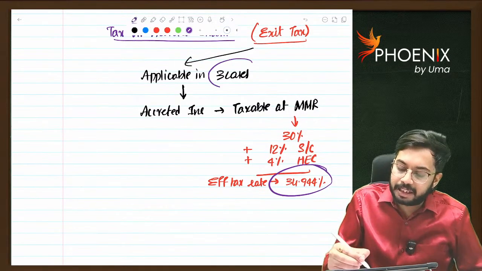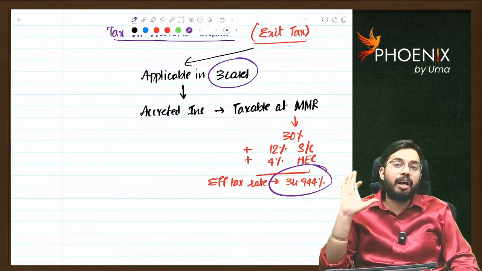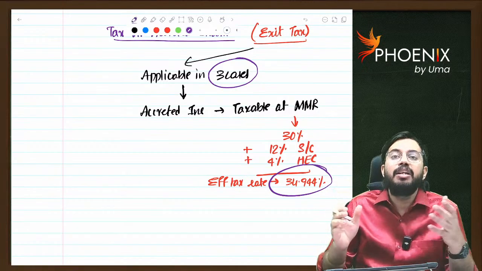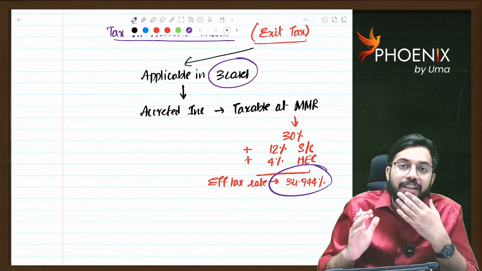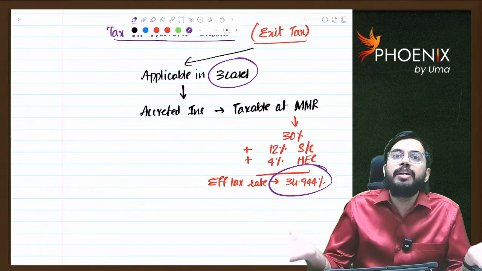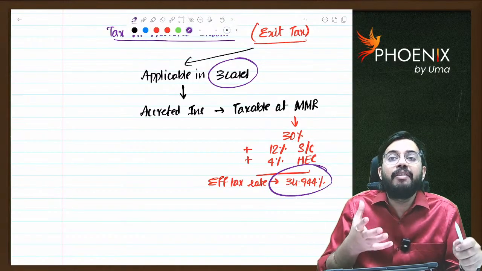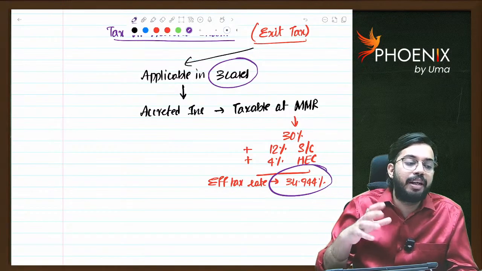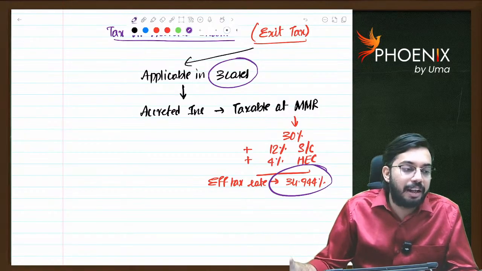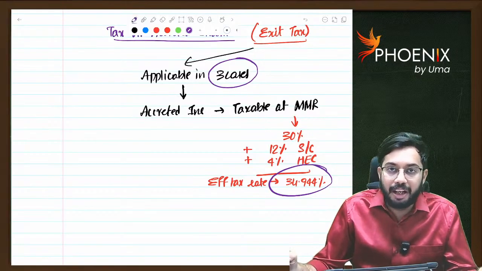Now I will explain these 3 cases. In these 3 cases, whatever the accreted income is there, the tax rate applicable on accreted income is 34.944%. Let's say trust is closed. There is dissolution of trust. Till 30 years, I am claiming exemption under section 11 and 12. I accumulated so much of assets. So at the time of closure of trust, whatever income that I accumulated, whatever income is accreted, on such income I am required to pay tax at the rate of 34.944%. Are you able to understand? That is the maximum marginal rate.